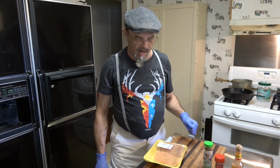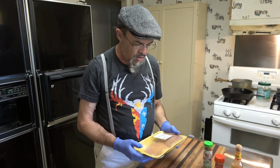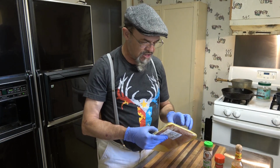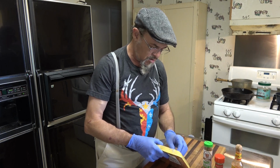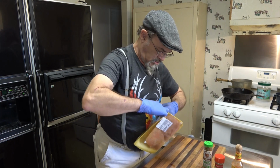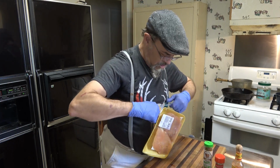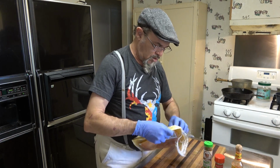Welcome to the kitchen. Today we're going to be doing something I call chicken fried chicken, which is kind of a take on chicken fried steak, but using a tenderized chicken breast instead. First thing we're going to do is get this thing out of the package. I get this tenderized chicken breast from my local grocery store, Bros Mart, and